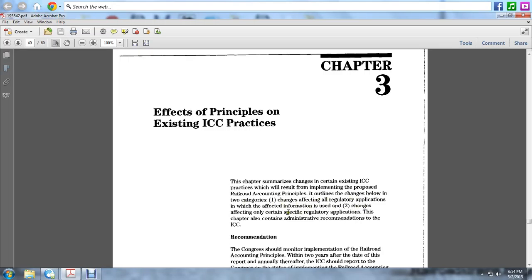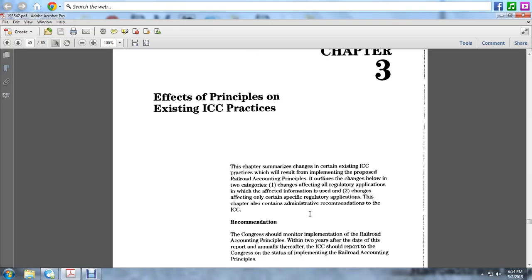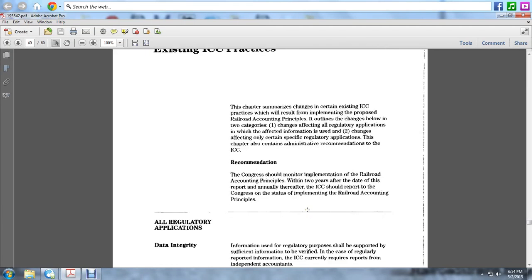The changes affecting only certain specific regulatory applications are in the chapter that contains the administrative recommendation of the Interstate Commerce Commission. Recommendation: the Congress should monitor the implementation of the railroad accounting principles within 2 years after the date of this report. Annually thereafter, the Interstate Commerce Commission shall report to Congress on the status of implementation of the railroad accounting